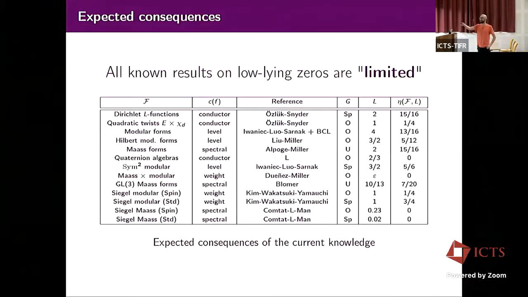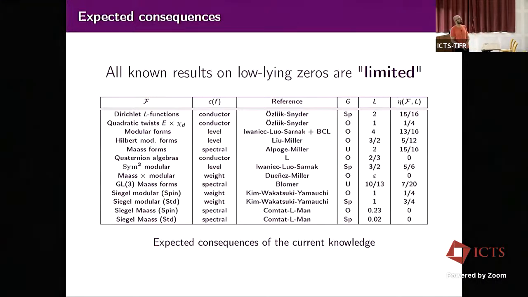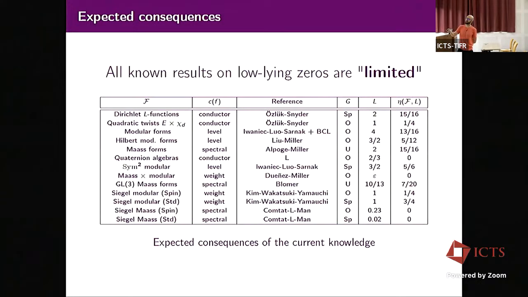And in practice, here is a small selection of the literature of what exists on low-lying zeros, and I'll be discussing one of them. Well, I won't spend much time on that. I just ordered them so that we have more GL1 families first, then a bunch of GL2 families, then some higher ranks, then some GSp4 families. So we know all that in different aspects by different people. They have all the possible kinds of symmetries, say.